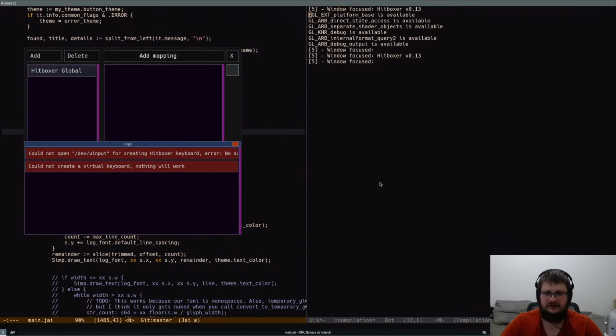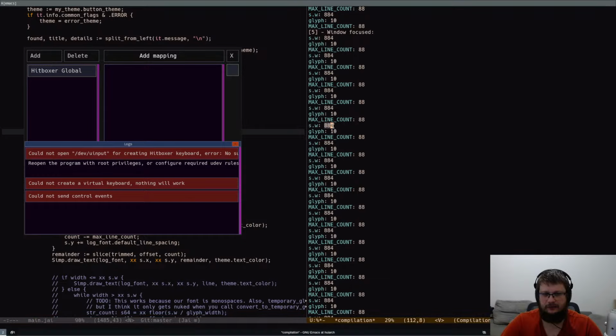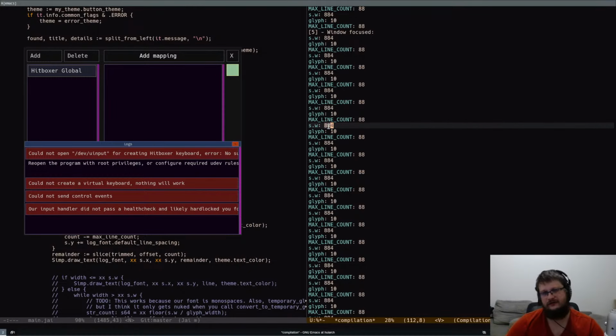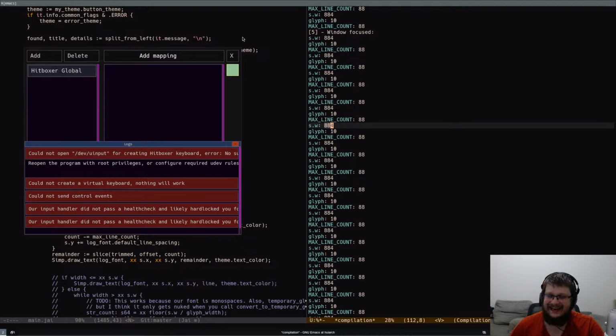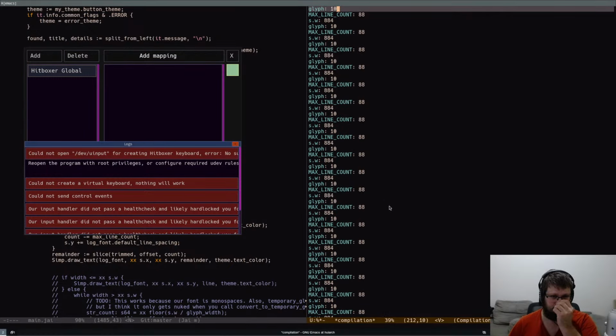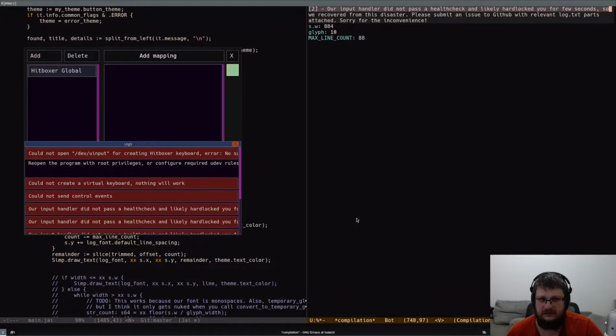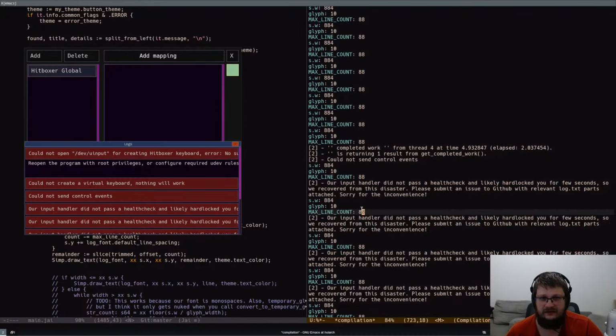Surely that can be the case. So, STW 884, glyph 10. 884 sounds correct because the overall window width is 900, and so 884 is like minus the scroll bar. Sounds reasonable. And if each glyph is like 10 pixels, then we can put 80,